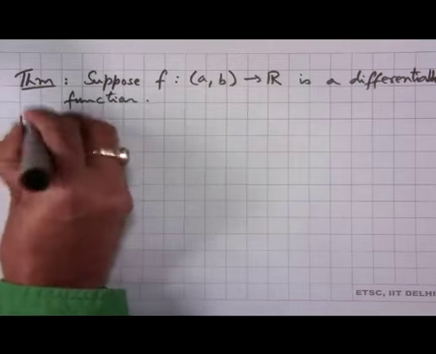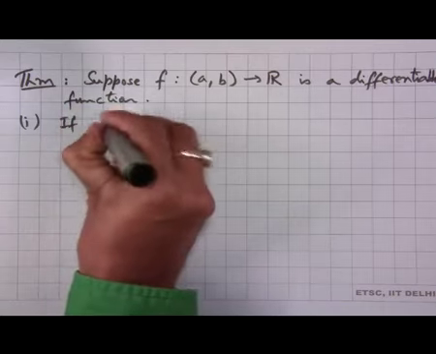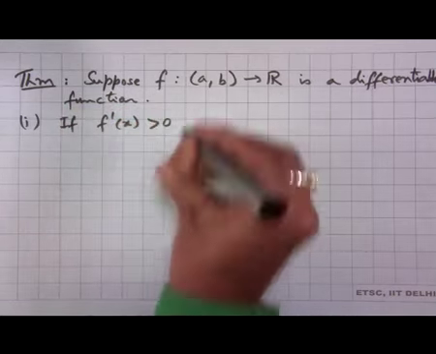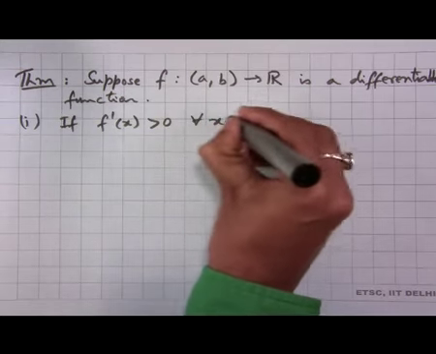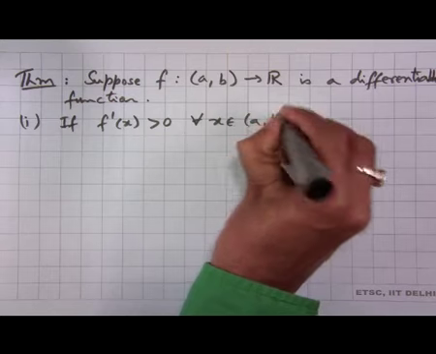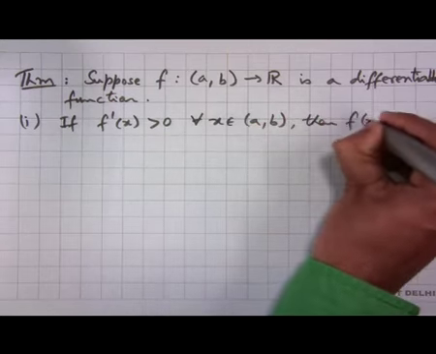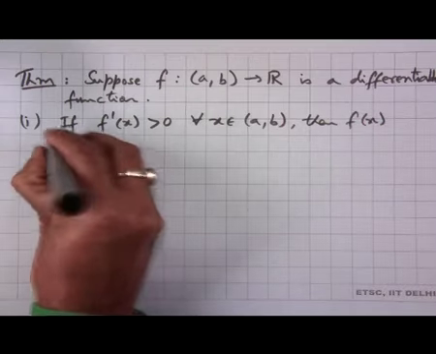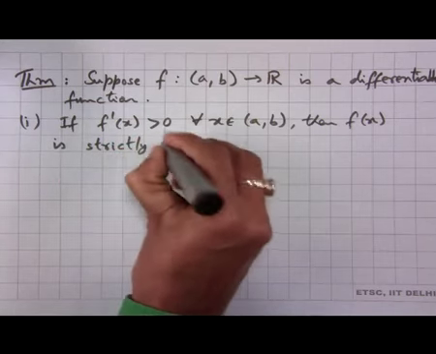Then if the derivative f prime x is greater than 0 for all x in the open interval (a, b), then f x is strictly increasing